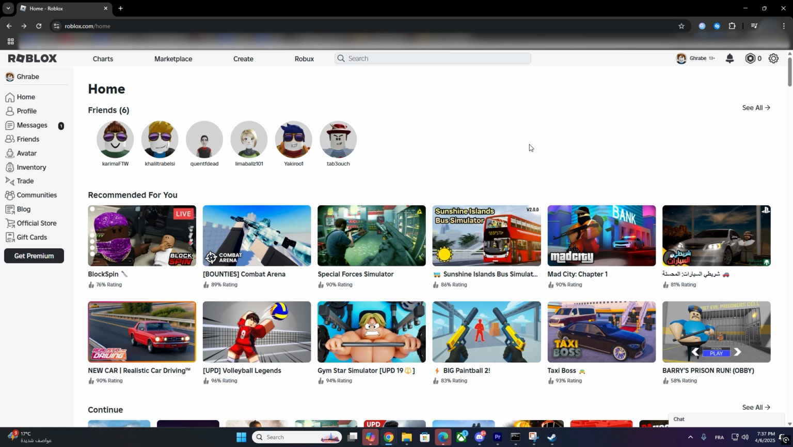First, open up the Roblox site. Once you're inside, look at the bottom right corner of your screen. That's where the chat box is. Click it to open. Now, if you don't see the chat working or messages aren't sending, you'll need to adjust